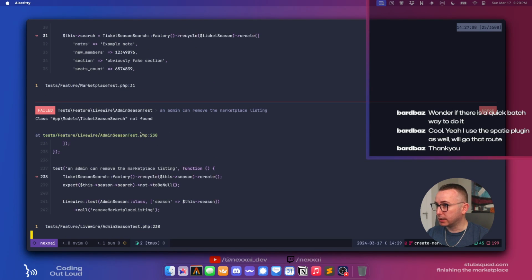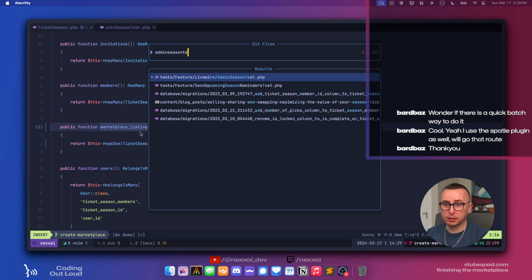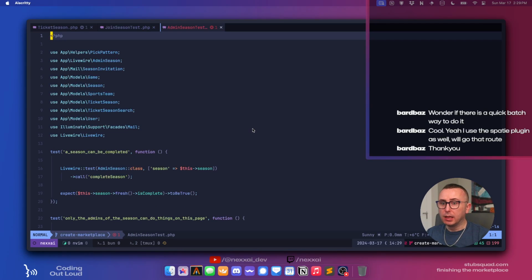Admin season test. It's not the most robust test in the world. Checking for 200 is definitely helpful, but it doesn't really check to make sure that the site is doing anything useful other than just returning a 200.